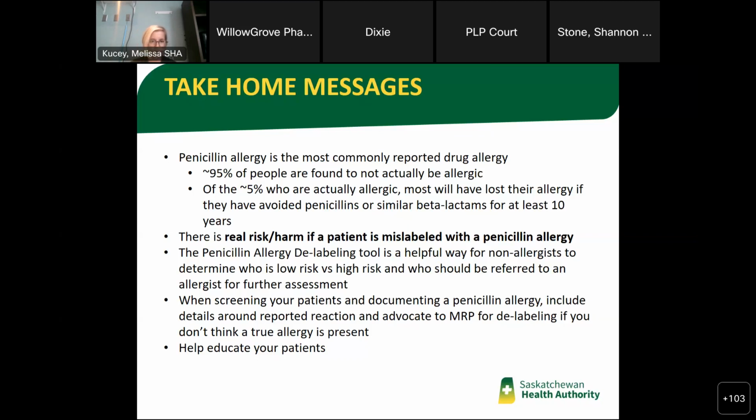And the other thing that we can all do as clinicians, pharmacists, nurses, is help educate our patients around this topic, because I'm sure most patients don't know that, despite them thinking they have an allergy, likely a true allergy is not present, and likely most of them can safely take penicillin. So I'll leave it at that,